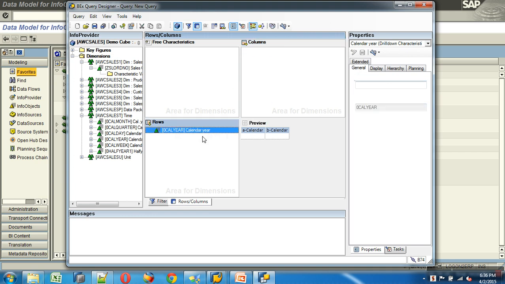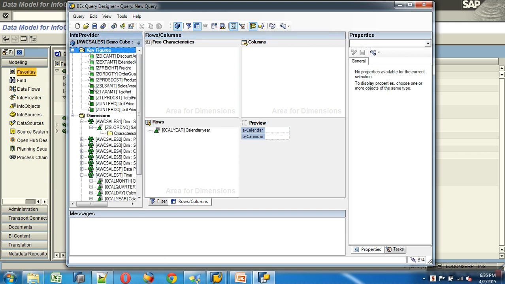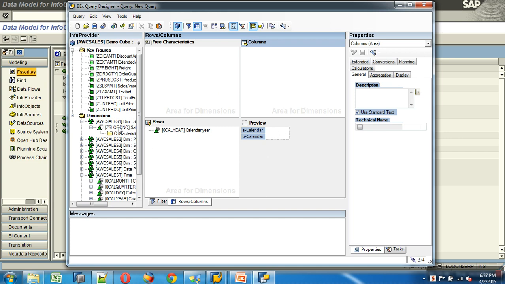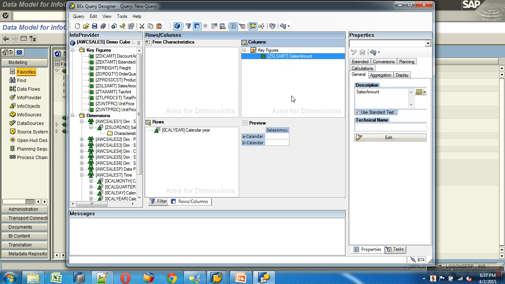So I'll go to year and place, let's say I want to have sales amount. Look, I've got years. For each of the years, I want to fill the cells. Year cell, year cell. For each of the years, I want to see the cells with the sales amount. Actually, you should have drag and drop, otherwise you are stuck. Now I've got the key figure. You get this sales amount at the top, where these cells will get filled with the sales amount.